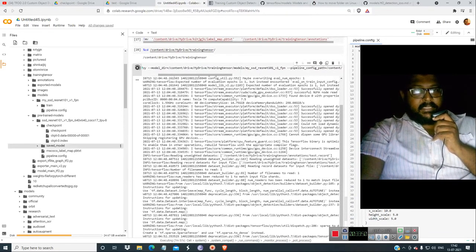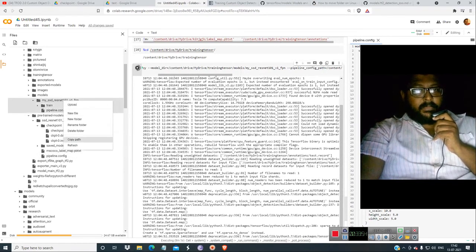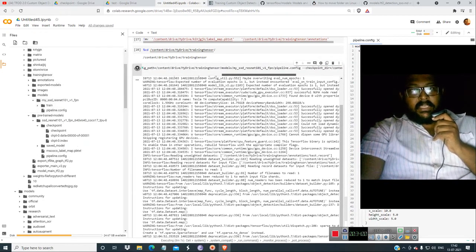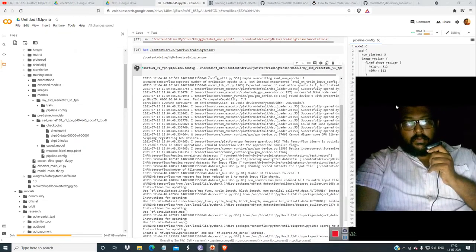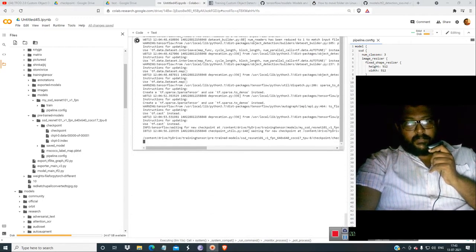We have copied this path in the models in the drive training tensor folder, given the pipeline config file correctly, and set everything correctly. So let's hope that this works.